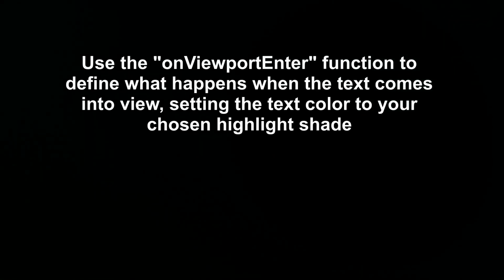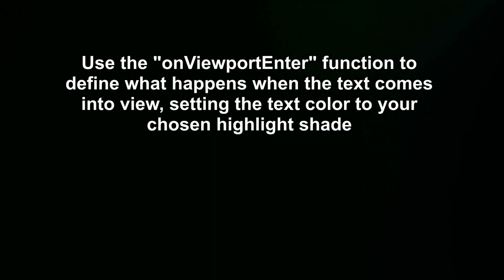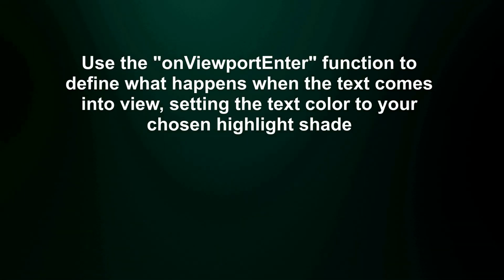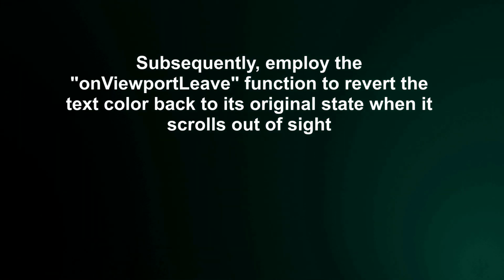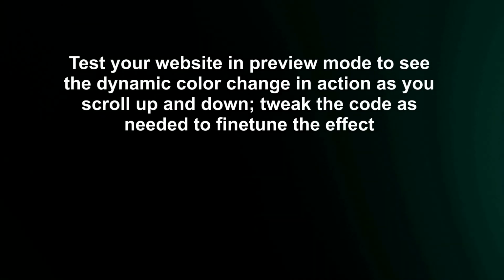Use the onViewportEnter function to define what happens when the text comes into view, setting the text color to your chosen highlight shade. Subsequently, employ the onViewportLeave function to revert the text color back to its original state when it scrolls out of sight. Test your website in preview mode to see the dynamic color change in action as you